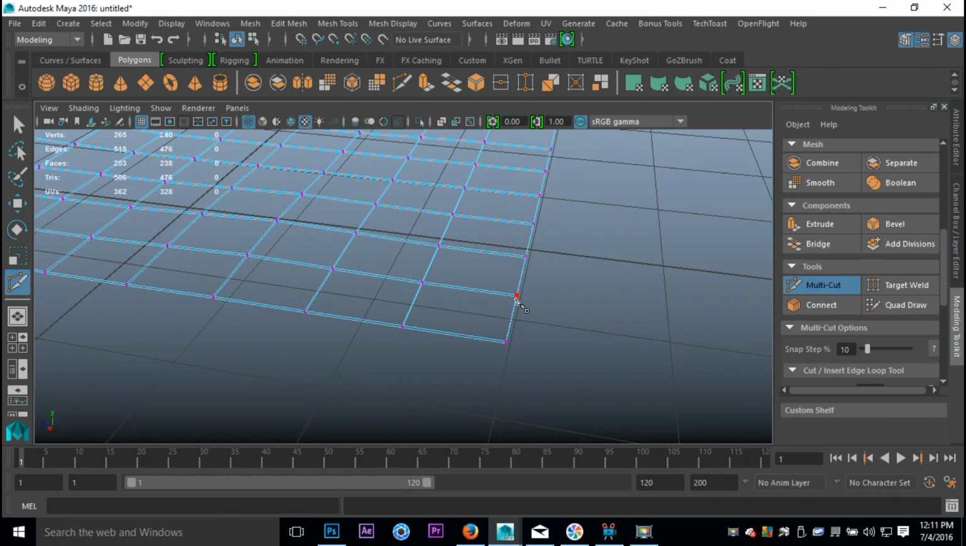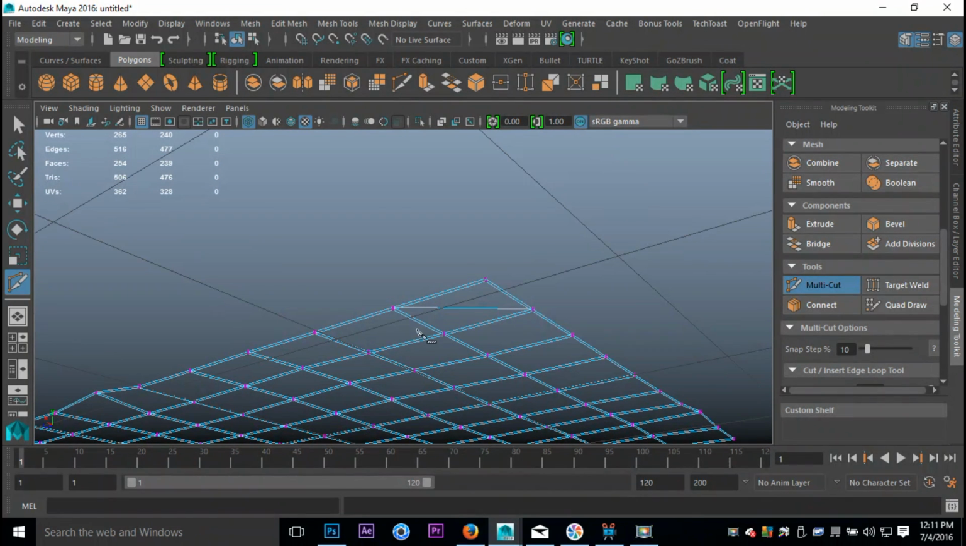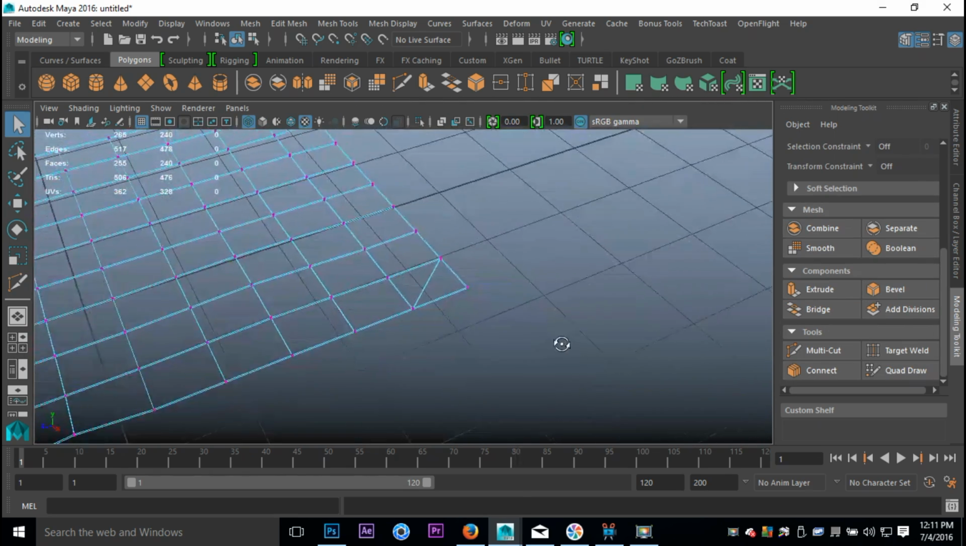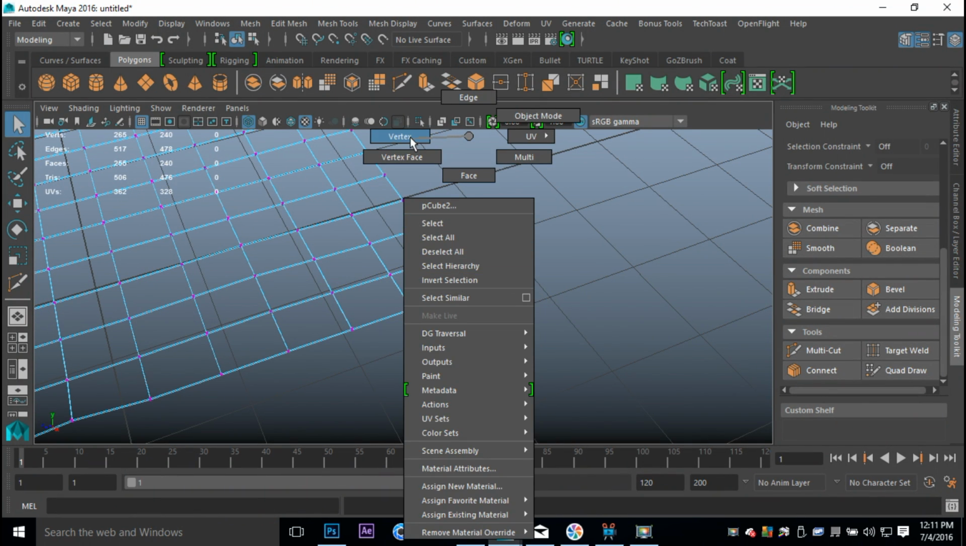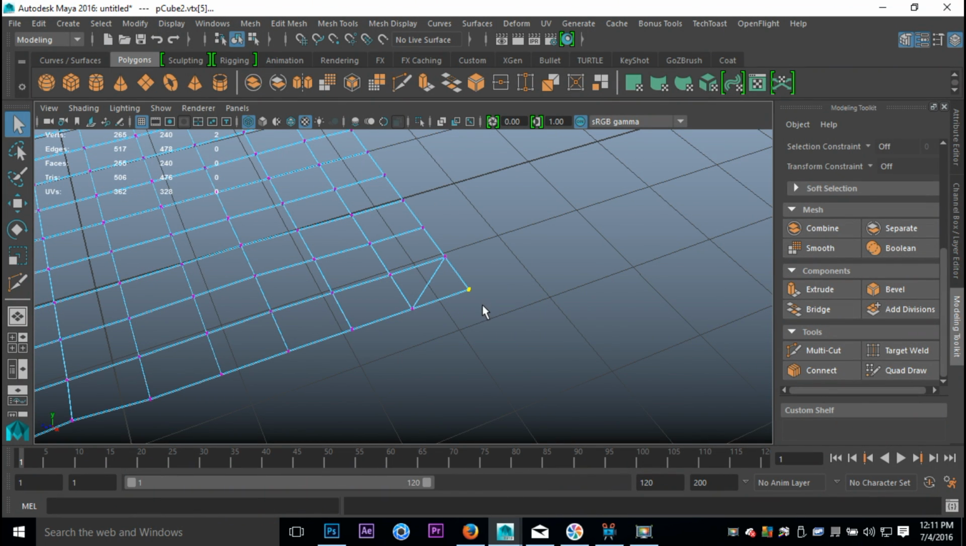Let's try that again. Connect that one and that one. Hit enter. That one and that one. Hit enter. Okay. We're going to hit Q on our keyboard. And now we can right-click at our vertex, take that vertex set, hit W, and kind of bring